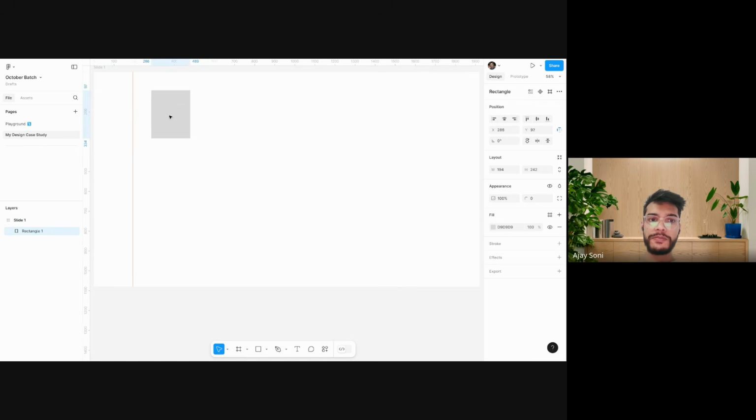Now whatever you place, you have to stick to this line only. The whole content will start from here. Nothing will go out of this line. Some things can, but again, it depends what it is. So now we have this space. Now I will stick it to the right, and create another ruler from the right side also, so that my whole content will fit into this width zone.